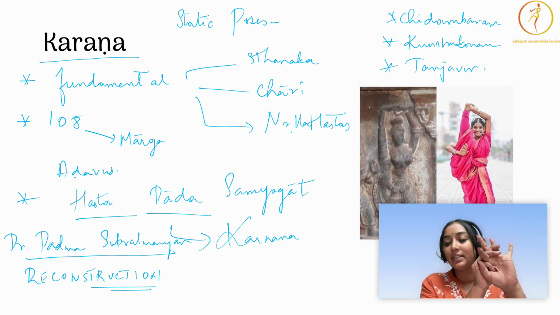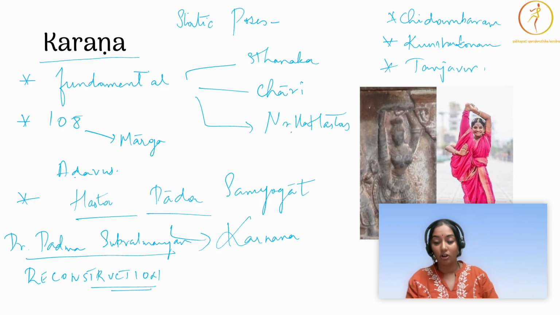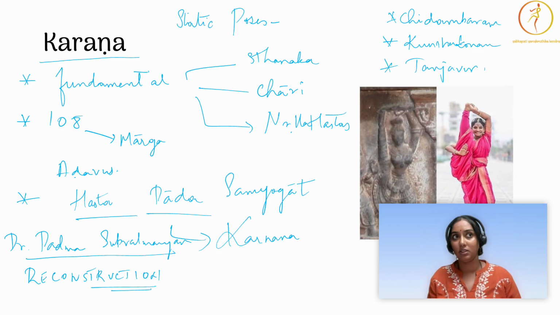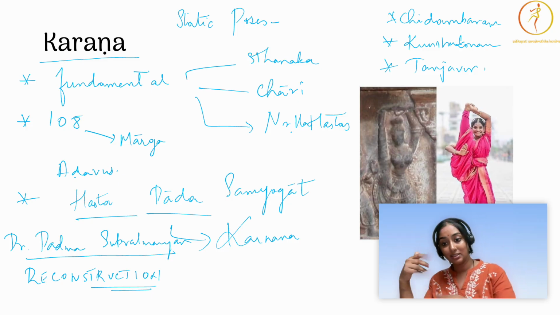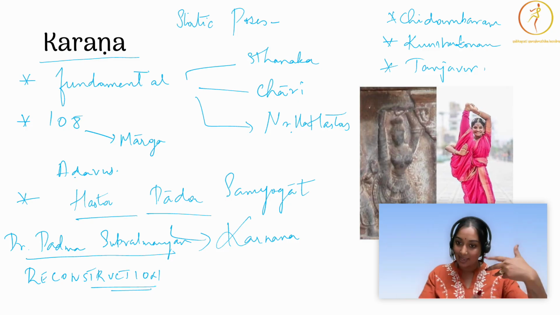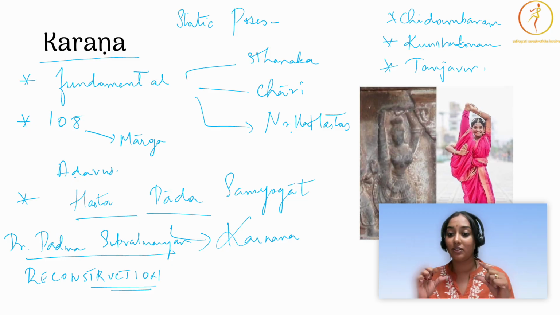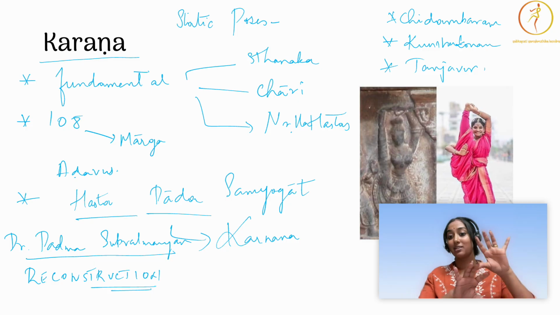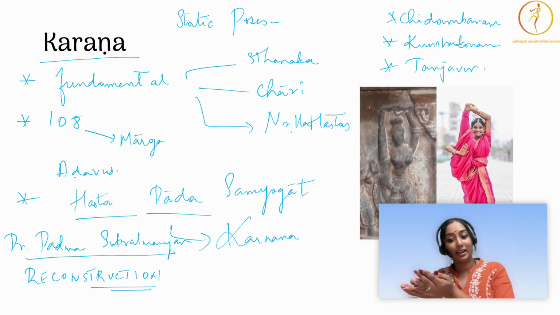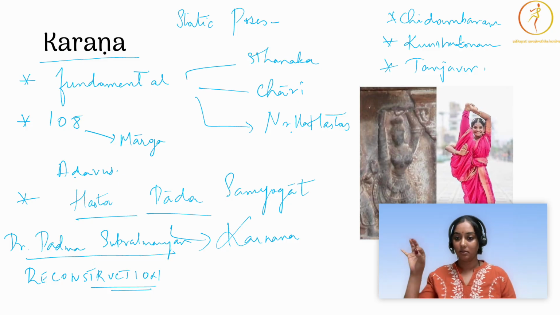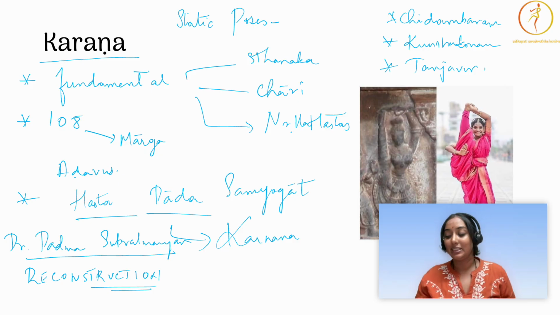So how did she do that? Let's take the first, or I don't know if it is the first, Karana called Talapushpaputa. In one temple, the movement was this, in another temple, the movement was this, and in the other temple, the movement was this. She used the definition given in Natya Shastra to connect the three and derive the movement that we see today. This, my friends, is a great work that only a few of us can even imagine.